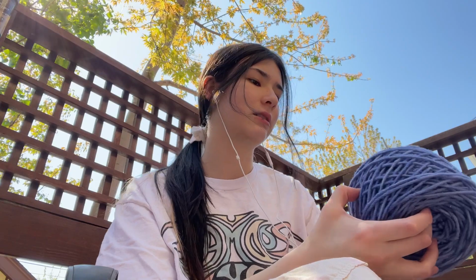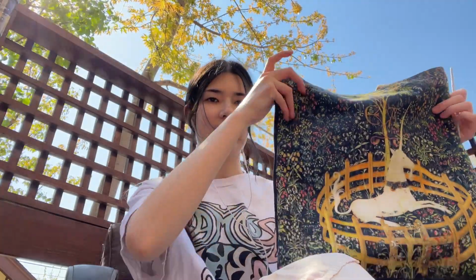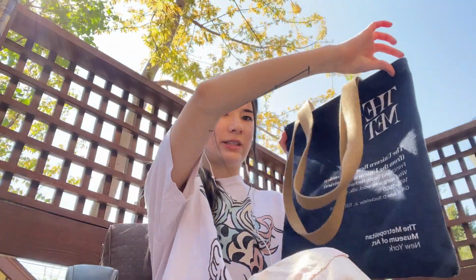My iPad is right behind me, and I have the sketch open, and I'm just going to start from the bottom to the top, and I guess I'll just update every once in a while on how it's going. I'm going to base the size off of this tote bag